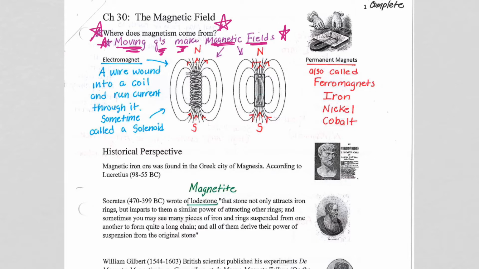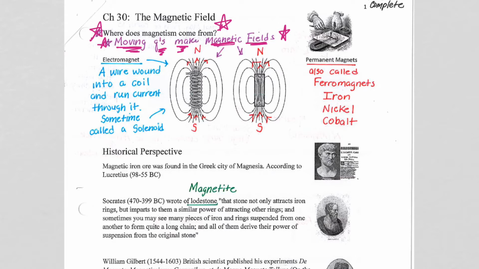Now, why is it that these moving Qs make magnetic fields? Well, the truth is we don't know. But that should not be that disconcerting to us, because we saw with electric fields, we said it was the charge property of matter itself, not moving, just the fact that there's a charge property of matter that we attribute the existence of the electric field to, right? F equals QE. So we're really doing the same thing and saying this is just the world we live in. This is what nature presents us.